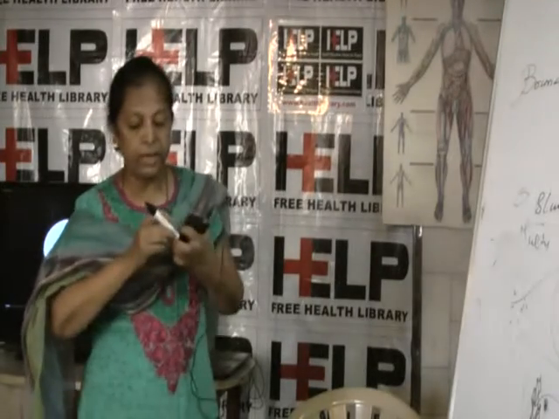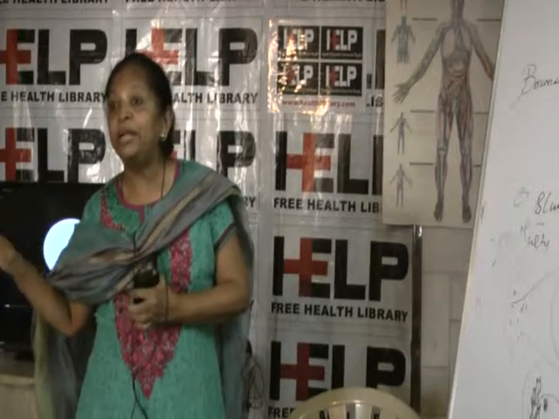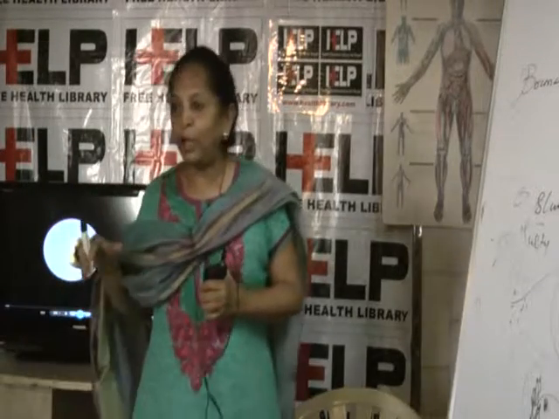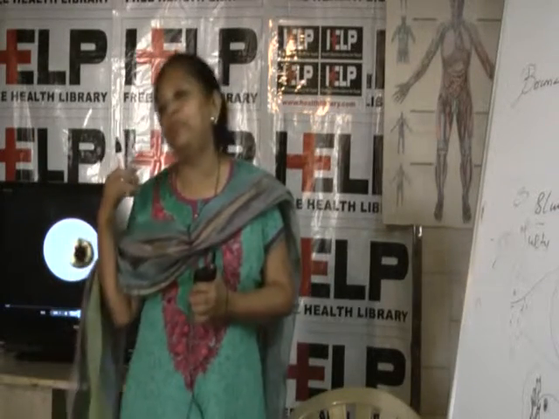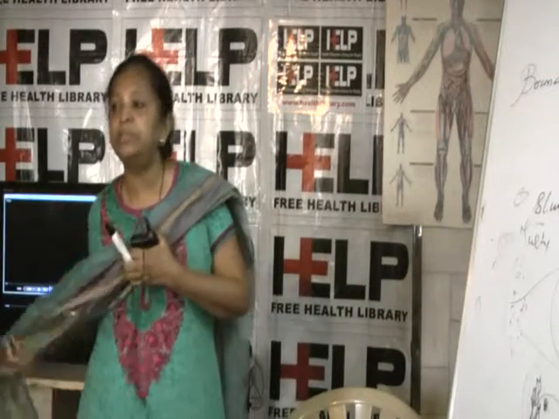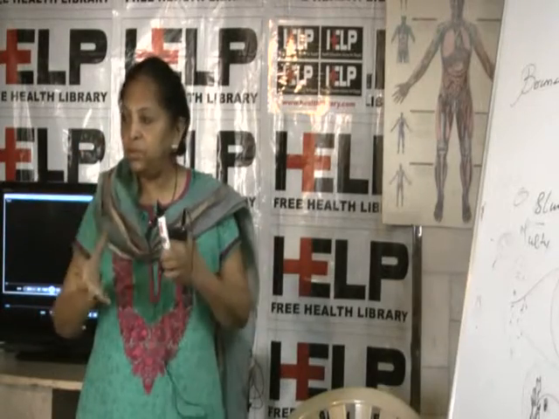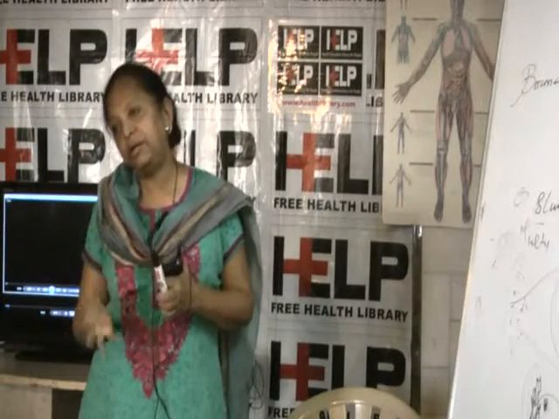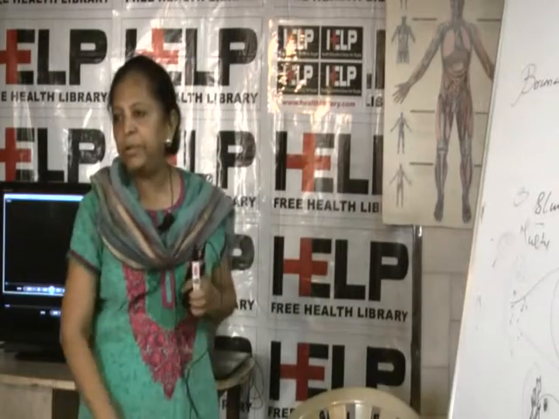So when a posterior polar cataract is there, the retinal surgeon is always on standby. Why? Because if the nucleus falls behind, the retinal surgeon will take over and take out the lens from behind. Polar cataract, posterior polar cataract, is where the capsule is very thin or sometimes absent in that area. So when we do the surgery, the nucleus goes behind and then we have to take it out. This is a very complicated surgery.